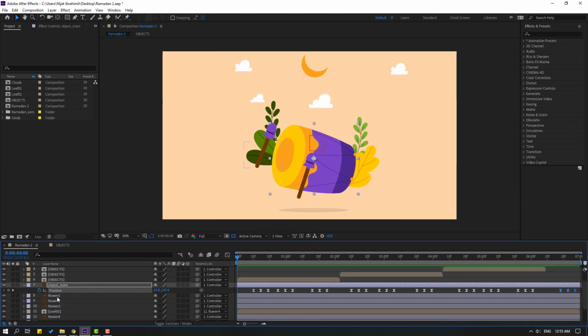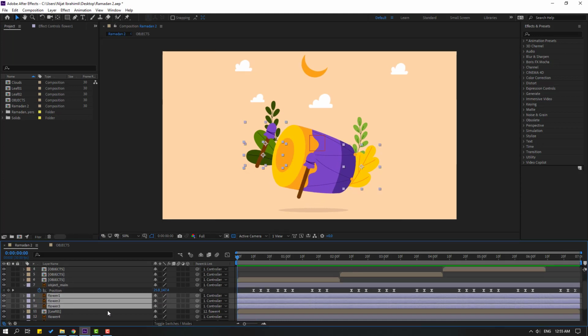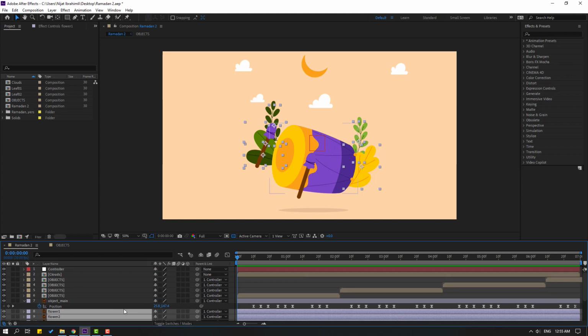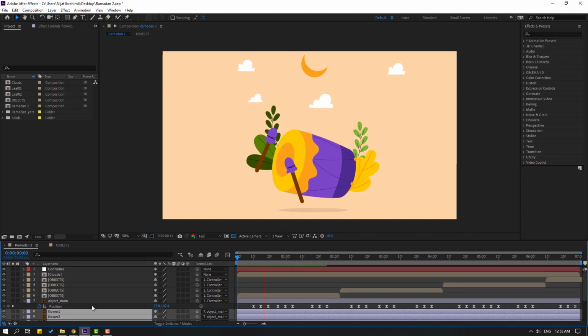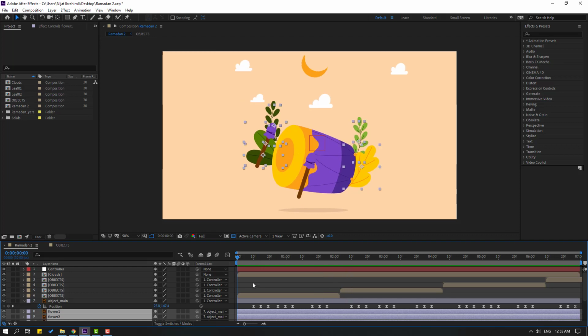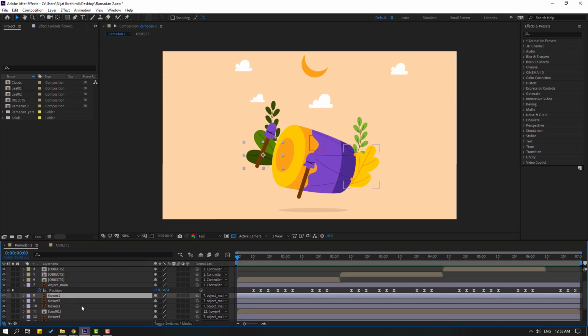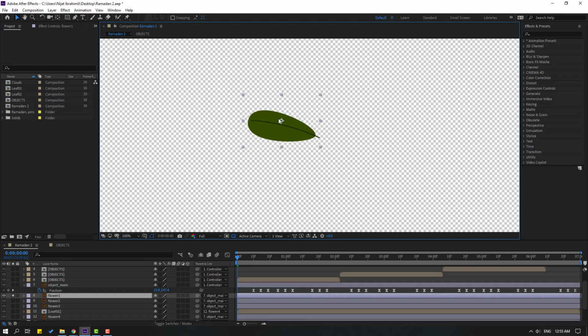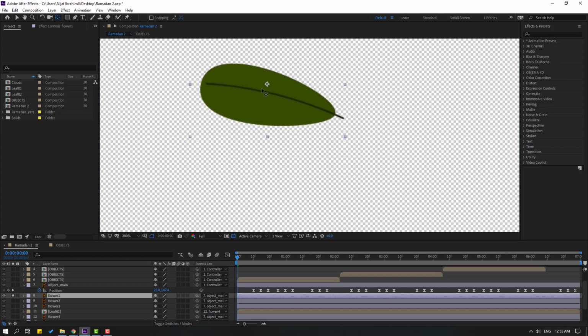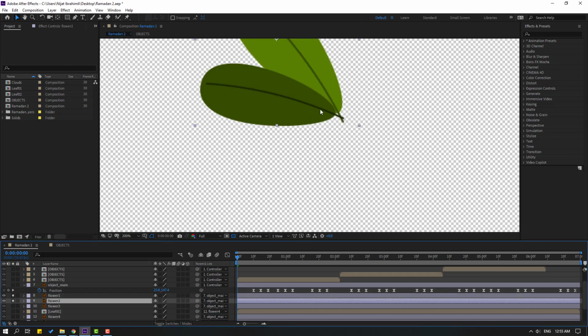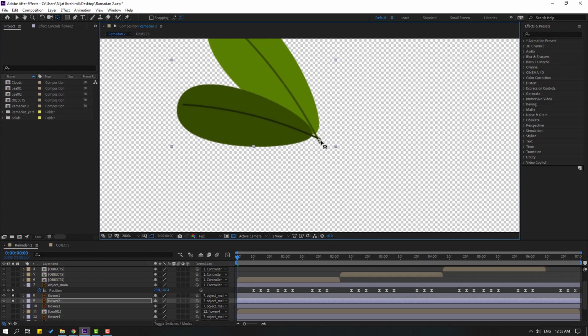So select these flowers, all these flowers, and let's link to object main. Let's see. Okay, nice, and select this flower 1, let's go to solo and select palm behind, move the anchor point here, click selection tool and select flower 2, go to solo, let's move the anchor point here, click selection tool and